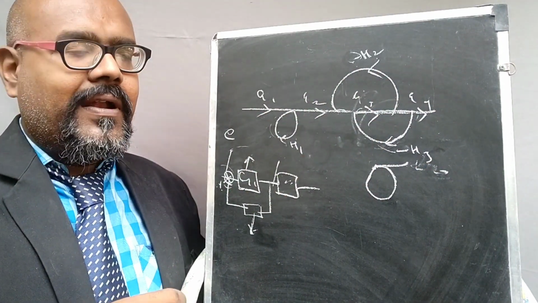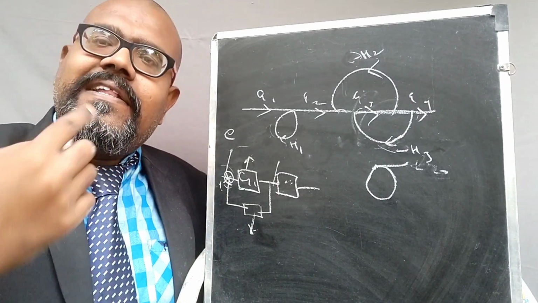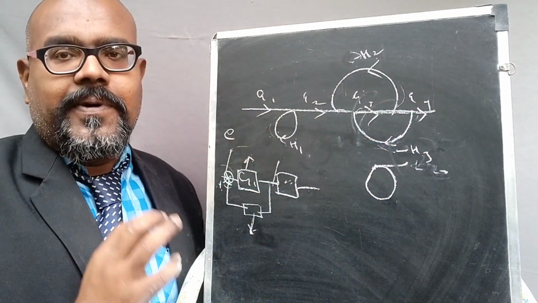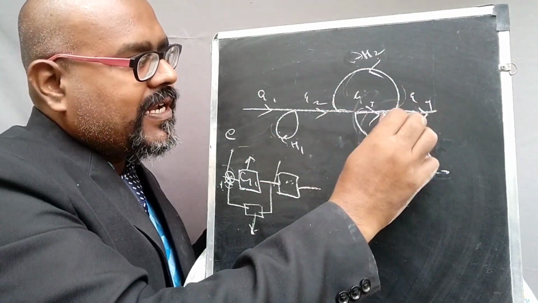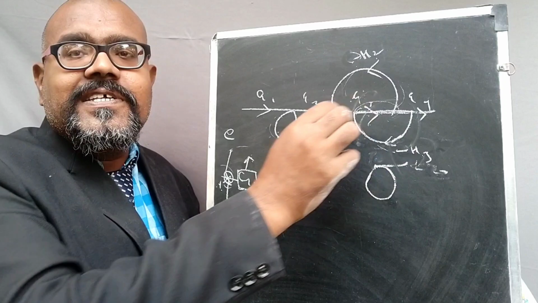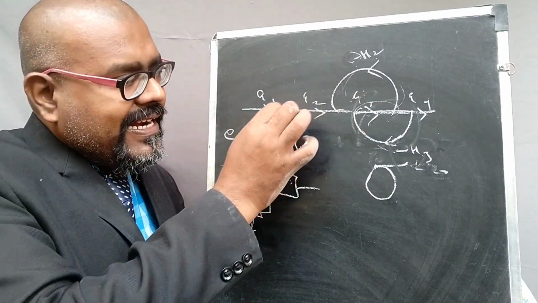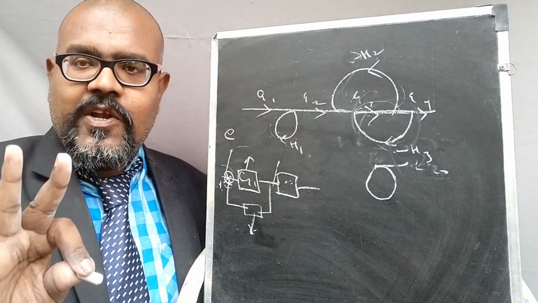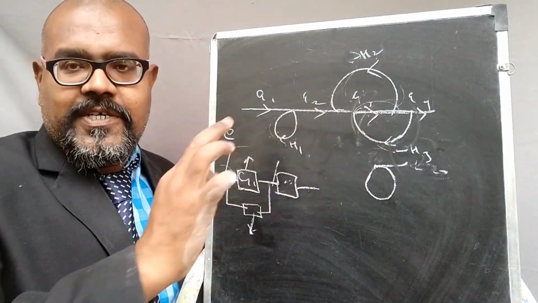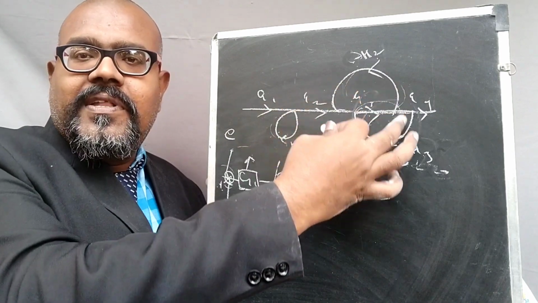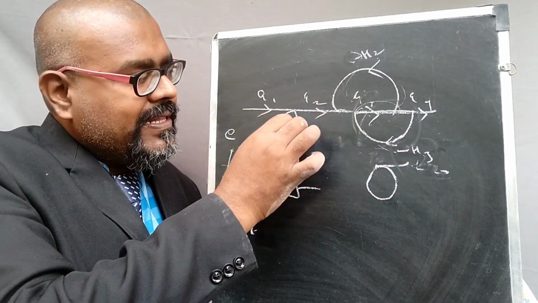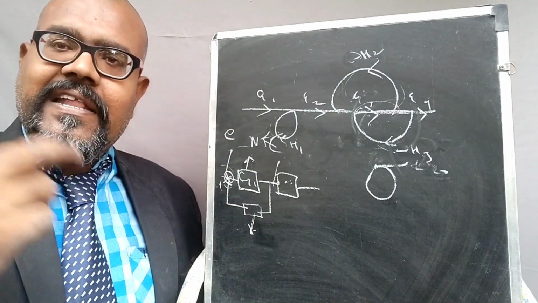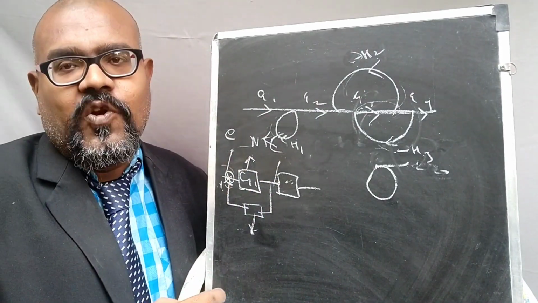Non-touching loop is nothing but the loop that is not touching the other loops. Here, these two loops are touchable. These loops and these loops are touchable at this point. So this is not a non-touching loop. Here, there is no touching of any loops. Here, totally we have three loops. The two loops are touchable. The remaining loop is not touchable with any of these things. That is what is considered as the non-touching loop: the loop that is not touched with any other loop.